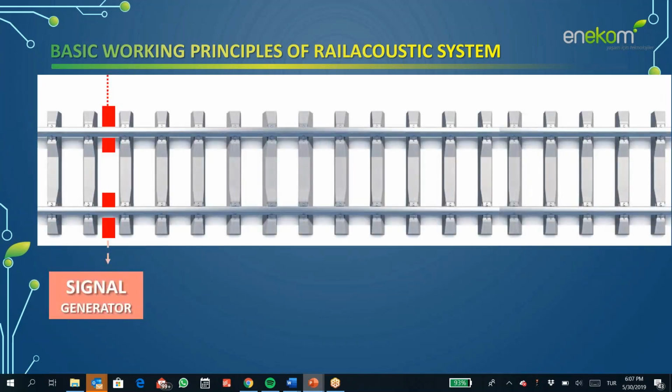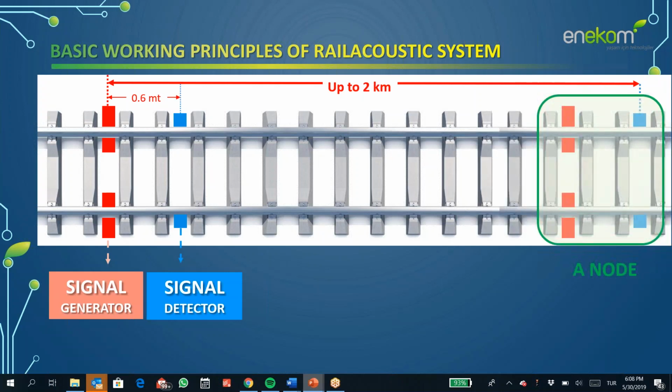The system is based on a signal generator, which injects acoustic waves into the rails, and a signal detector which is located next to the signal generator, every 2 kilometers, up to 2 kilometers distance. We call this couple a node. A node is based on these two components of the system, which are bound to the rails physically. And in between two nodes, the distance up to 2 kilometers is